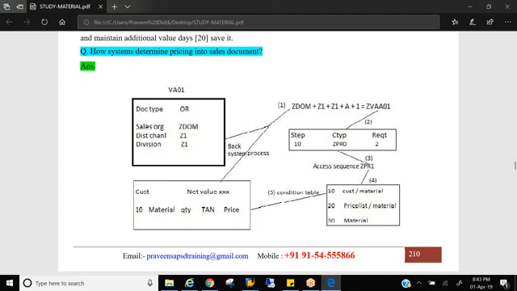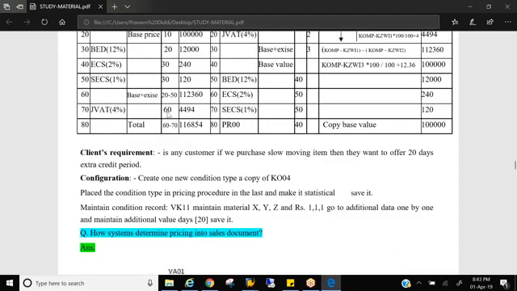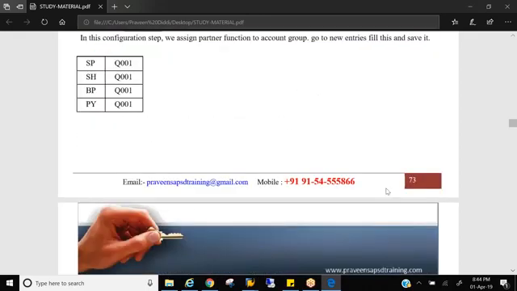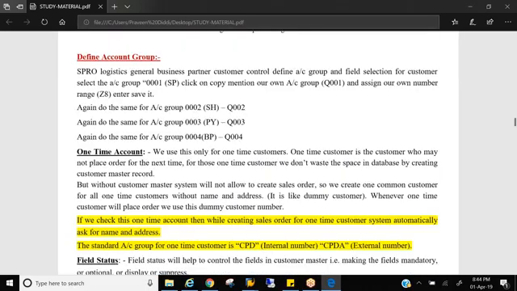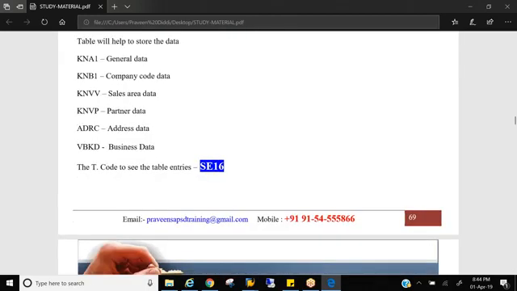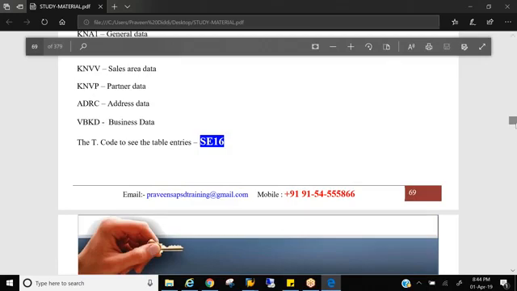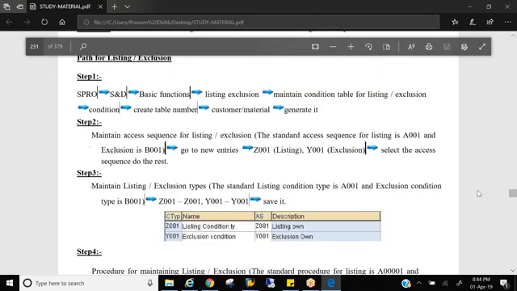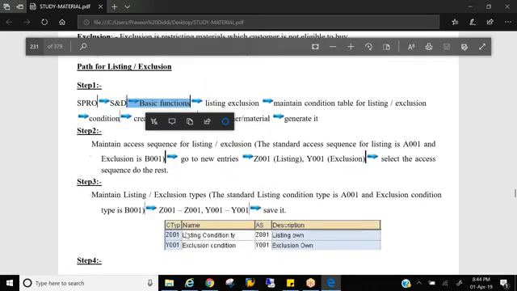From the pricing concept onwards in the study material, you will find the complete configuration step by step, field by field. Until now, you don't have configurations in the study material because it would go to some 1,000 pages. That's the reason I don't want to do it. But from the pricing concept onwards, you will see the configuration step by step with screenshots.